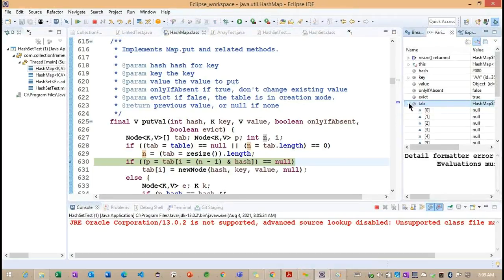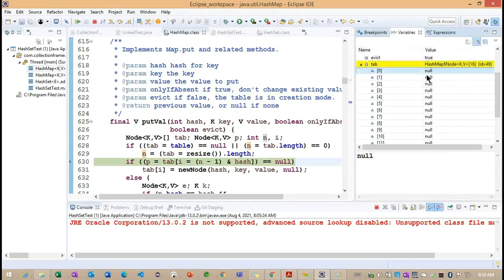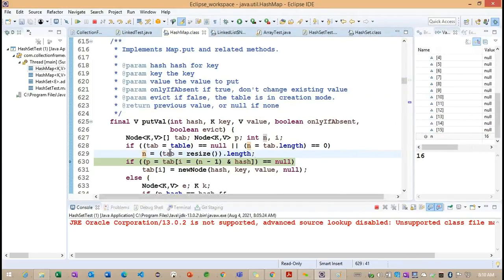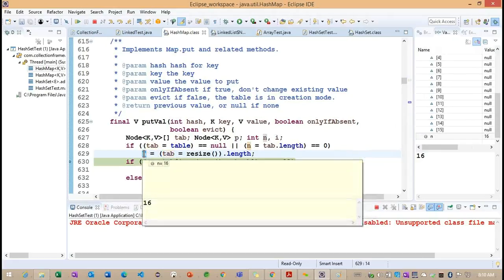So tab we are having. This is the hash map here. So default values, like default object information, the default object creation, how many objects we can store here. Now we can see 16, 0 to 15. 0 to 15 we can consider here as 16, and the particular n, now you can see we are getting 16. Getting the point? So this is very important here. So tab we identified, n we identified.